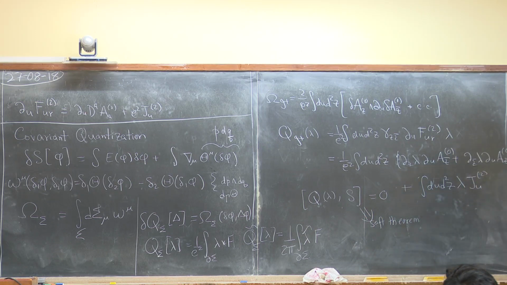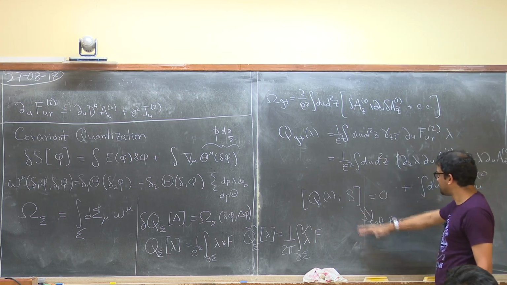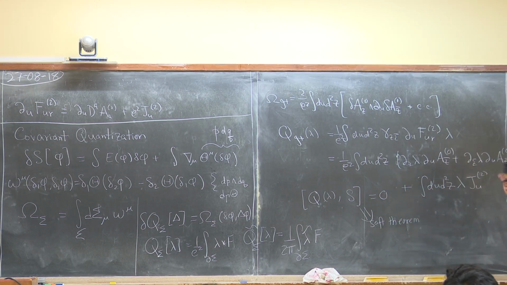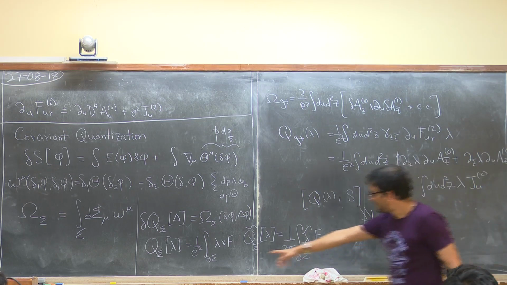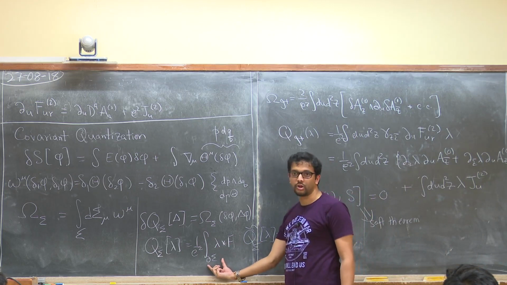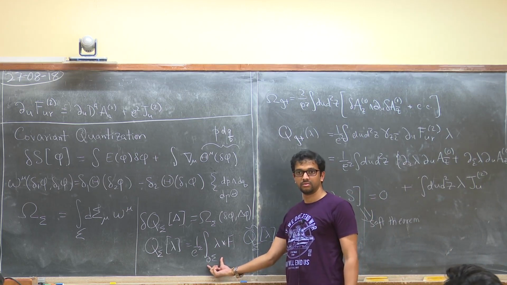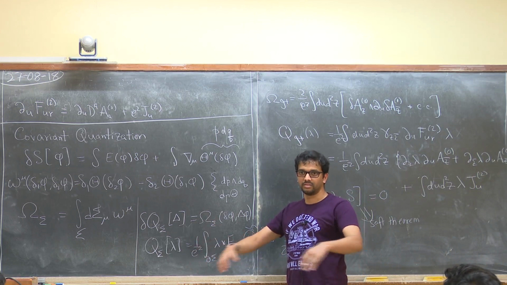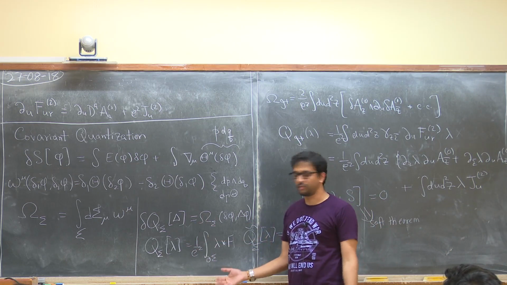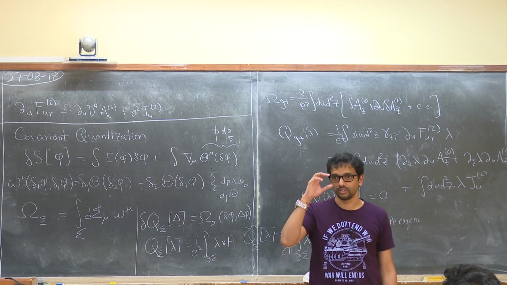So let me quickly tell you why you shouldn't be surprised that the structure of this has the form of a soft theorem. Yes. So lambda basically is in the number of phase space variables that we have defined. Lambda has that many features. Lambda is a function on the sphere. Lambda is a function on the boundary of a Cauchy slice. So if I have a space-like slice, which is a 3-dimensional slice, the boundary is a 2D sphere. So lambda is just a function on the 2-dimensional sphere.